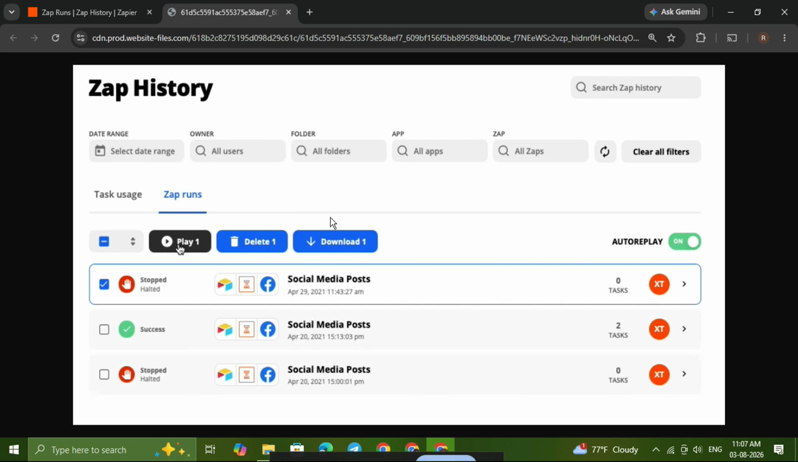Now take a moment to review the list carefully. Once you have confirmed that these are the Zap runs you want to remove, select the Zap runs from the list. After that, click Delete. Zapier will then remove the selected history entries from your account, and that is how you clear Zap history on Zapier. It is a simple process once you know where to look, and it can help keep your workspace organized